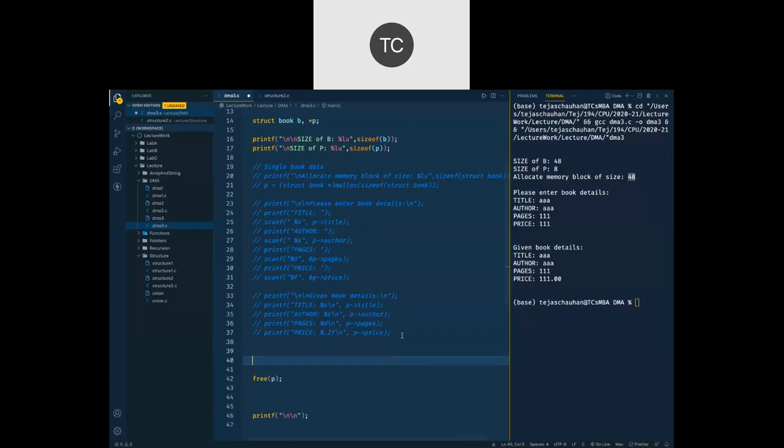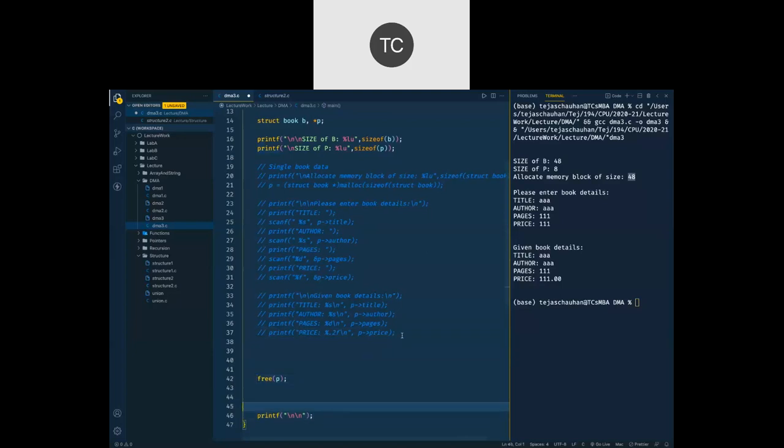What we want to do is we want to go for multiple books. So at this place we want to go for multiple books, and it is going to be given by user. We want to ask user how many books do you have, correct?